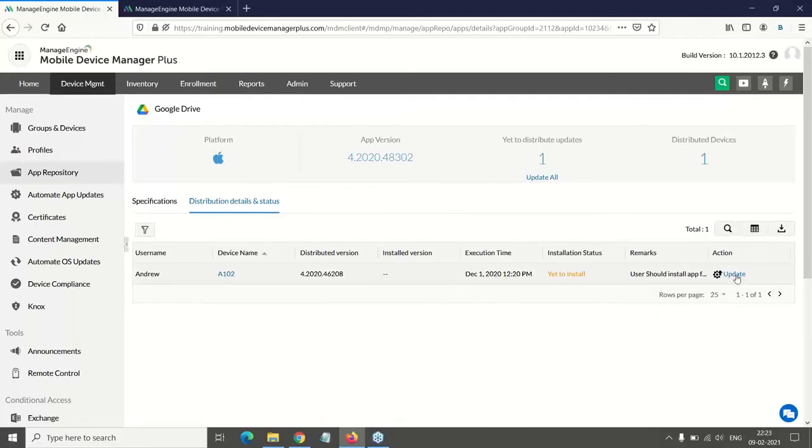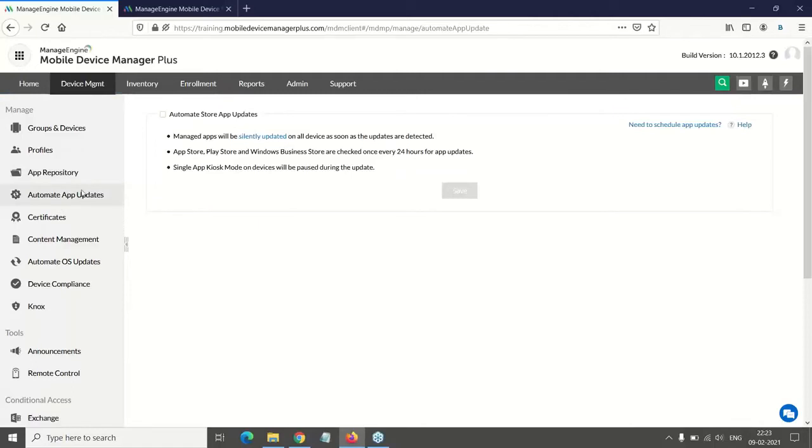If you do not want to do this also, if you want this to be automated, we also have an option for it, which is automate app updates. You can just enable this option. So whenever an update is available on the store, be it App Store or Play Store, it will get deployed on the devices automatically without any intervention from the MDM admin.